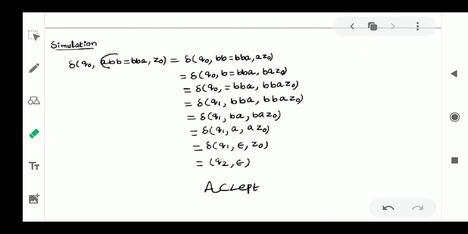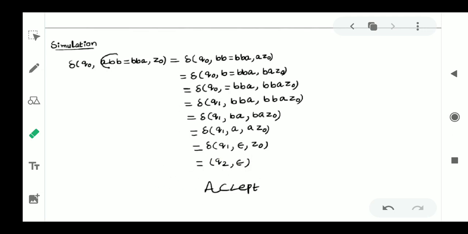So this is how we are going to write it. We are going to see the verification process. Simulation means verification process, as I told you. So don't get confused about whether we have written Q2 comma epsilon as the accept state. Here you can write Q2 comma Z0 or Q2 comma epsilon, and that doesn't mean that there is no input symbol. We are in the state Q2 finally. Q2 comma epsilon means there is no input symbol and there is no top of the stack. No top of the stack means what? Usually the empty stack contains Z0, that I told you. The stack may contain Z0, or no input symbol means what? We can use Q2 comma epsilon or Q2 comma Z0, whatever it is.